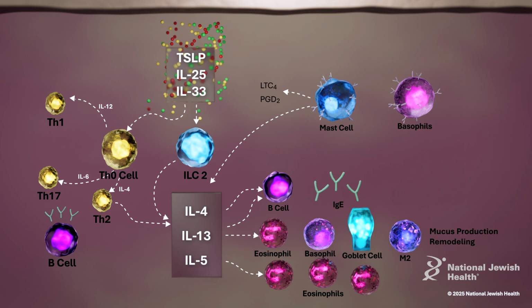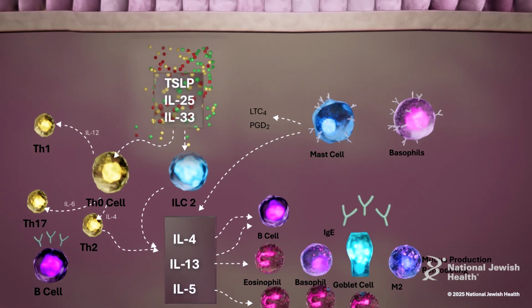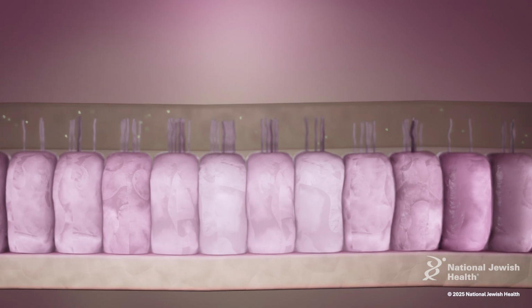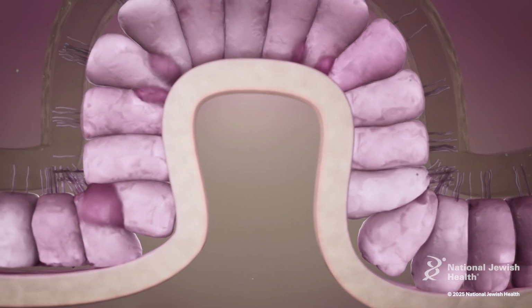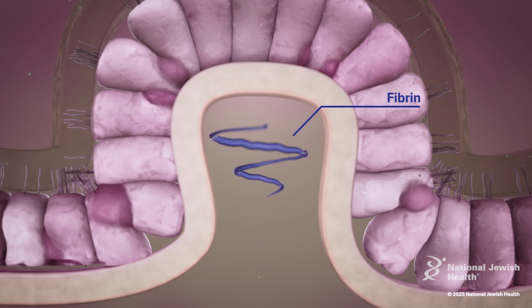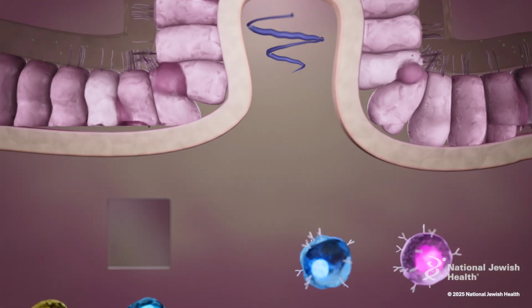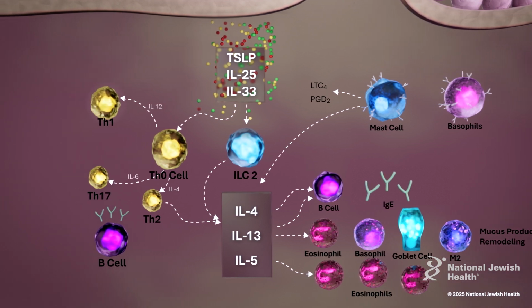Ultimately, tissue remodeling from the inflammatory cascade leads to polyp formation, goblet cell hyperplasia, and increased permeability from epithelial barrier disruption. Polyp formation may also be driven by tPA inhibition and cross-linked fibrin mesh deposition. Inflammatory pathways leading to activation of Th1 and Th17 cells, associated with type 1 and type 3 inflammation respectively, are more often associated with CRS-SNP.